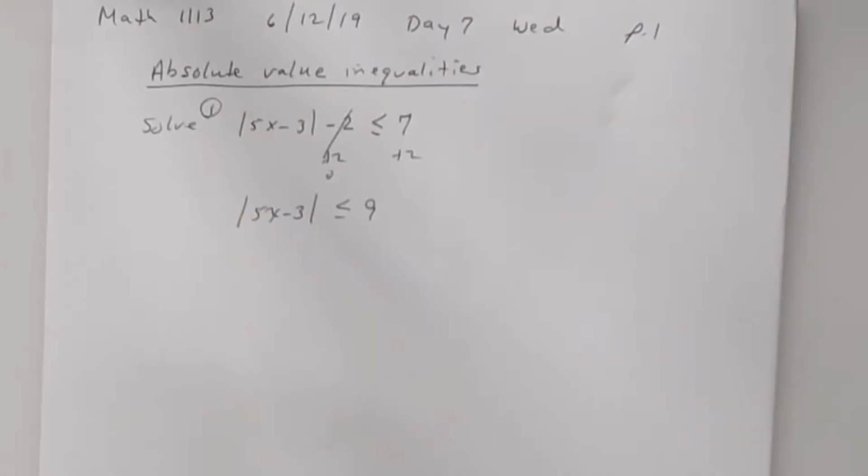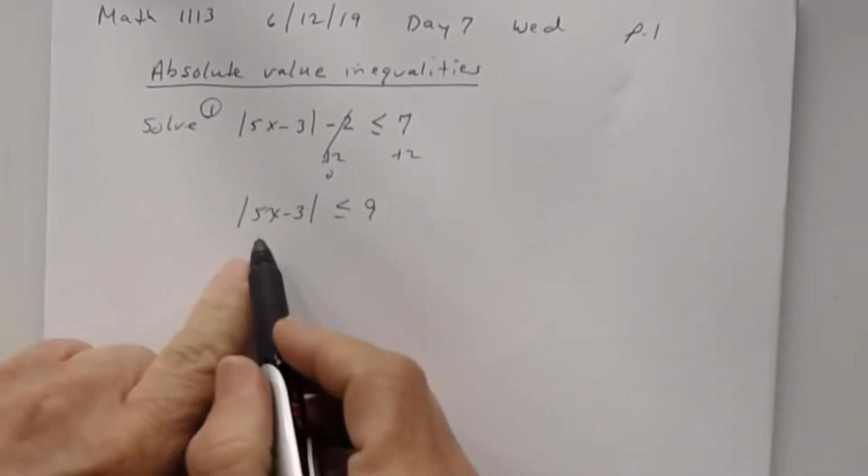All right, now at this point, you need to determine, is this an absolute value inequality involving greater than or less than? If it's less than, you're going to rewrite it a certain way. If it's greater than, you're going to rewrite it a certain way. So which one is it? Less than. So with the less than, you're going to rewrite the expression